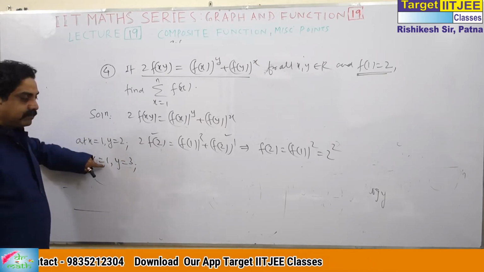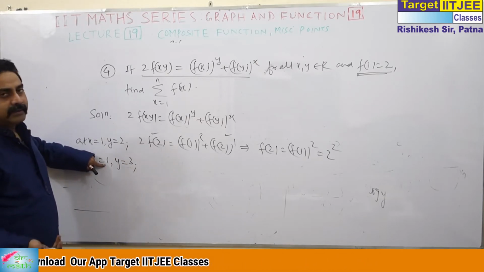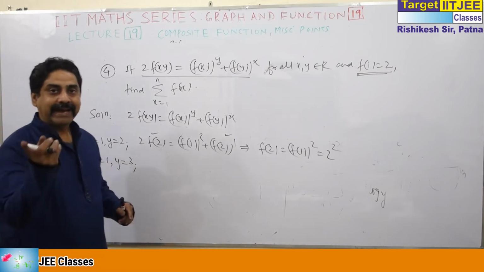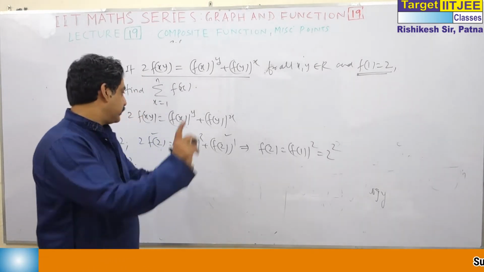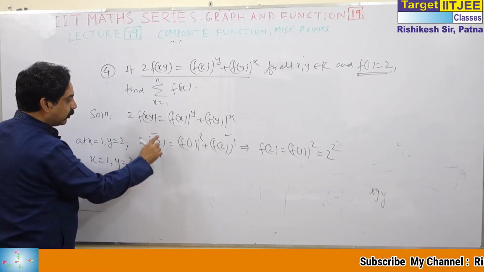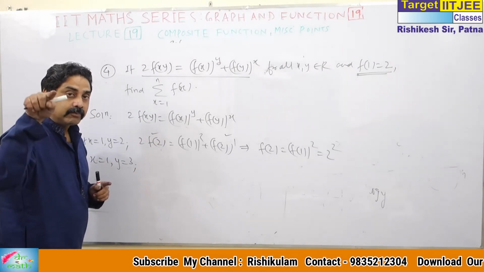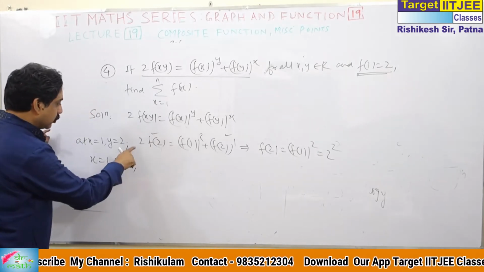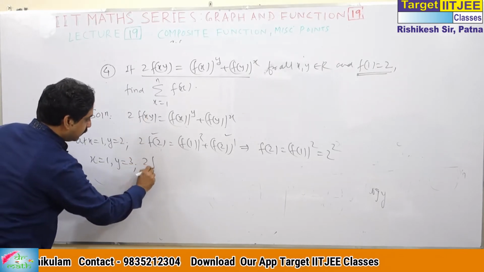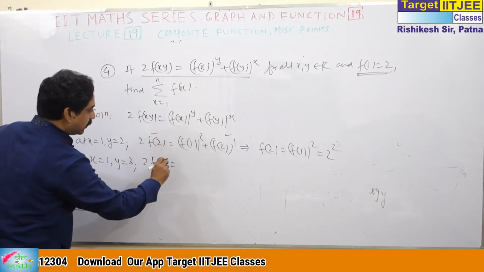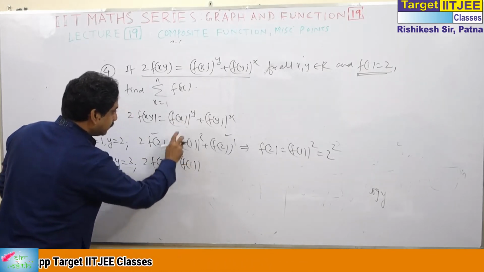And x is equal to 1, y is equal to 3. Why do we take this number? Just by trying. Actually I am trying to find F1, F2, F3, F4. So I put 1 into 2, which is 2. Now I am concentrating on F3, so I will put here 1 into 3. 2F3 equals F1 cube